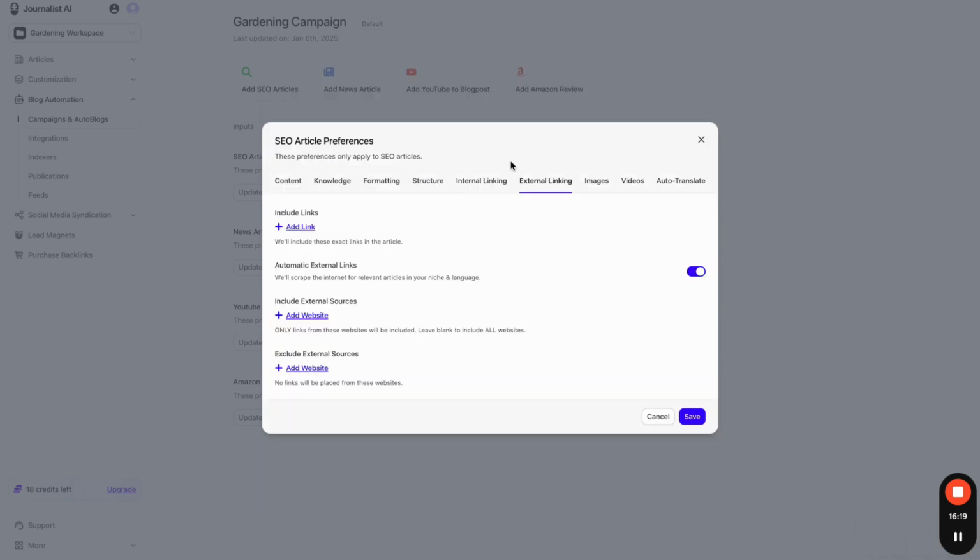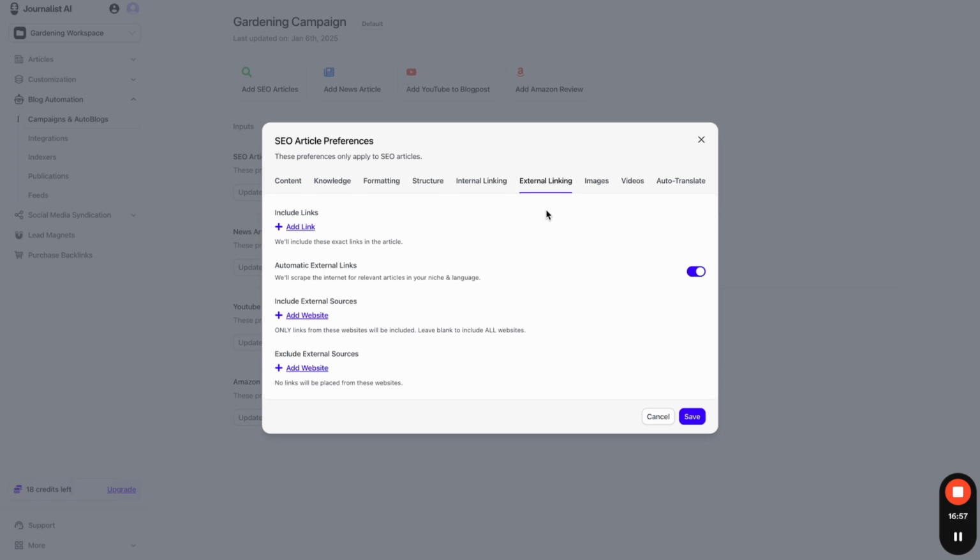Now let's go here to external linking. Again, this is all set up. Go to external linking and the process is similar. Now, while in the internal linking we were linking to internal pages on our site, in the external linking we're linking to external sources. For example, Wikipedia, Investopedia. If you're writing articles about investing, we could link out to Investopedia, Bloomberg, TechCrunch, all these authoritative publications in your industry, in your niche. Now, again, this is a best practice when you're doing SEO work. It is to link out to sources, substantiate your claims, link out to authoritative publications that talk about the same